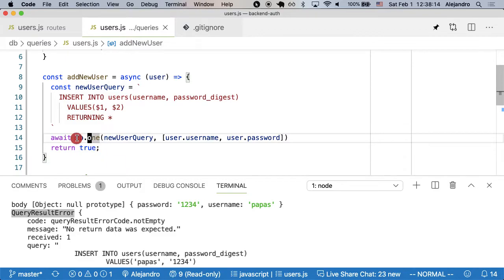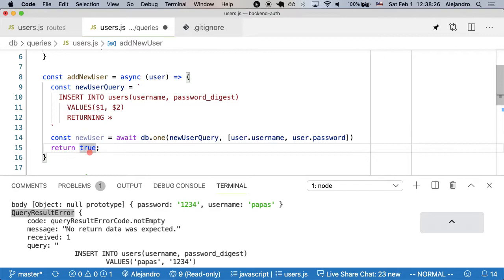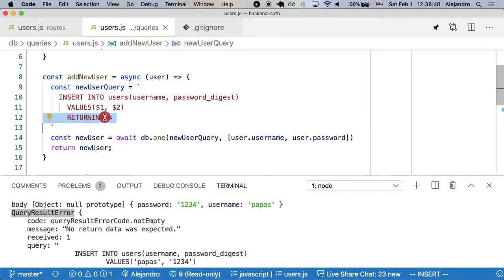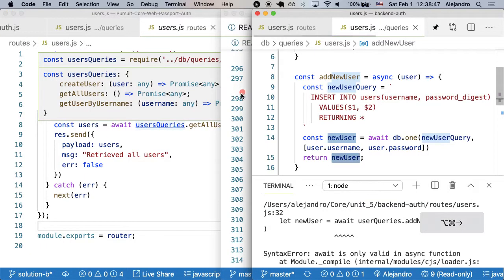Now, since this is returning something, the newly added user, we can save that to a variable like const newUser equal await that. And instead of returning true here, we return newUser. The database is going to give us back the user thanks to the RETURNING star. We save that user into the newUser variable. We return that so that when we come here,